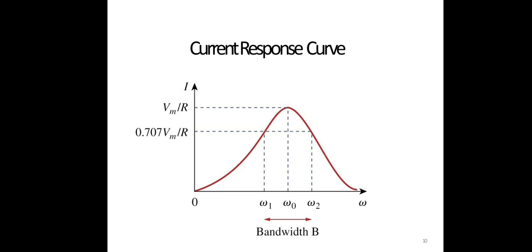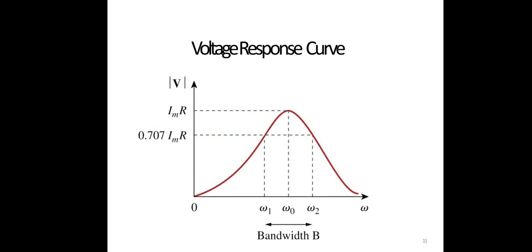This is the resonant current response curve of the series resonant circuit with respect to the frequency. So now you observe that the maximum selectivity is there. At that point the bandwidth is very low. If you come to the lower selectivity points, the bandwidth is more, which is observed.